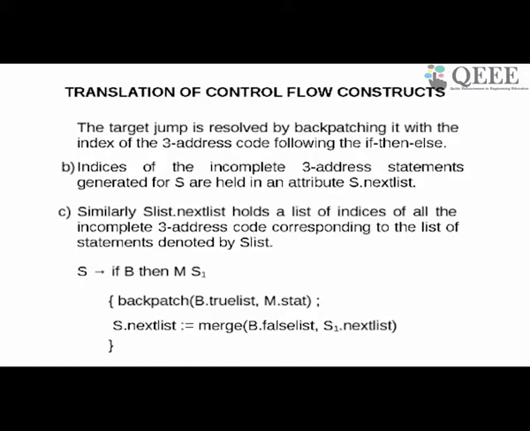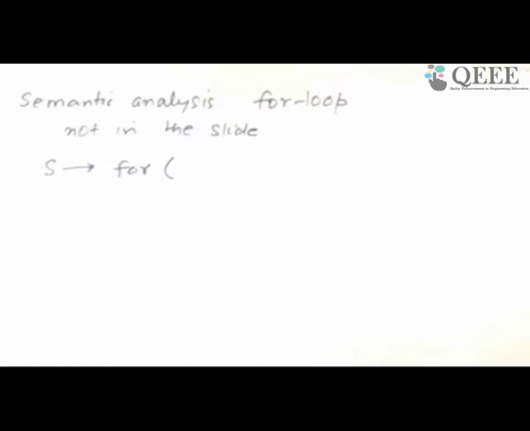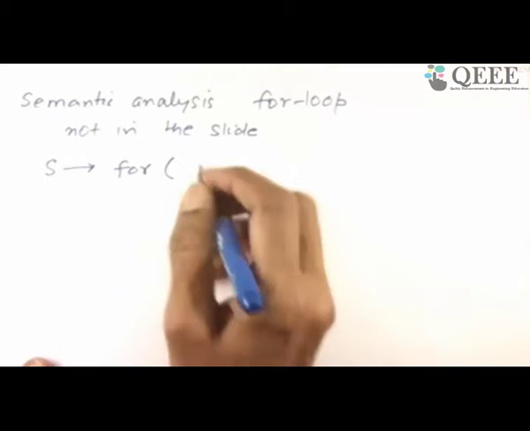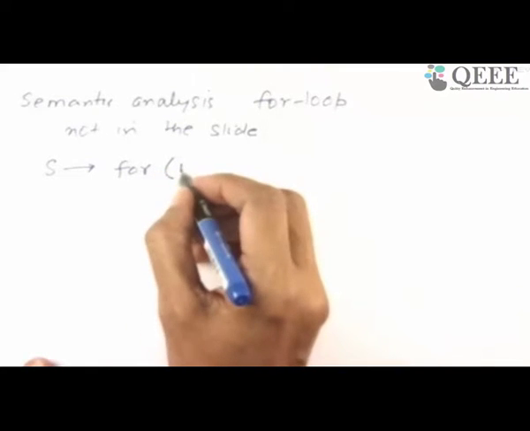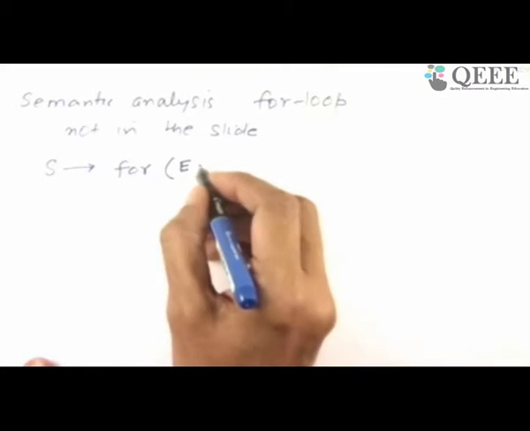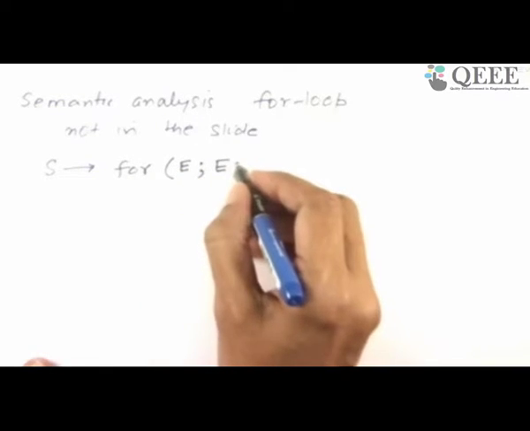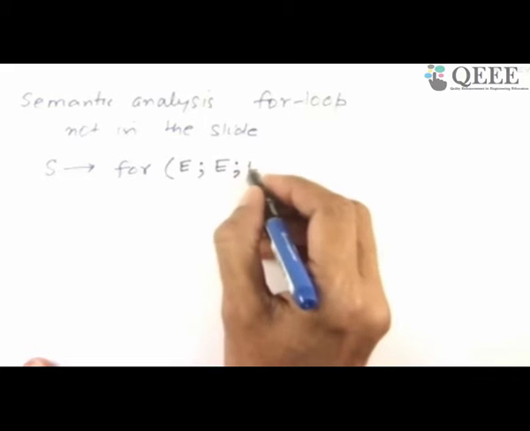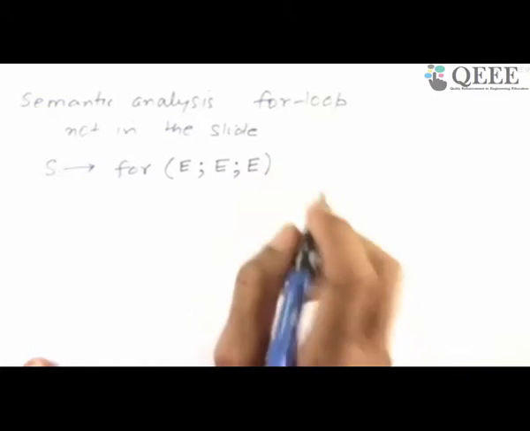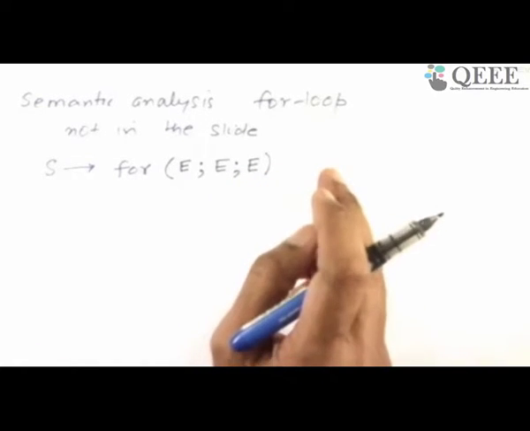So I'll just abstract it out. I have to write a grammar, so let me write a new rule for S. The previous rules remain. The new rule is for, because it's required. So this is how a for statement looks like. I will say for, and I'll put an E over here to indicate an expression. There's an expression out here, again an expression out here, an expression out here. We've got three things. Some of these may be missing, but I'll ignore that special case.